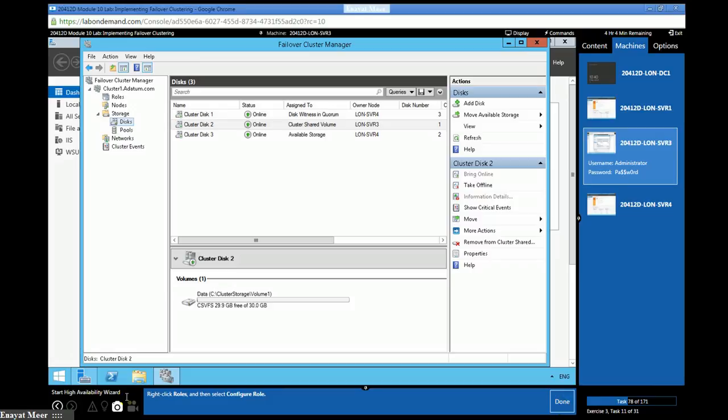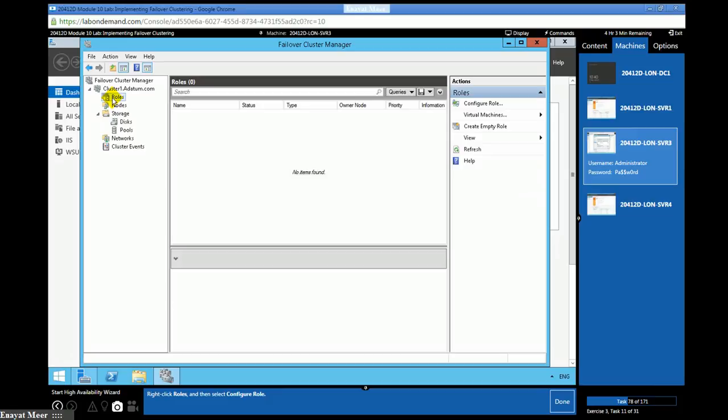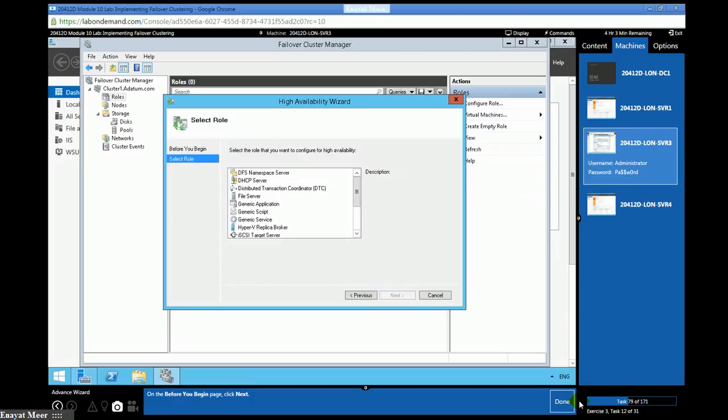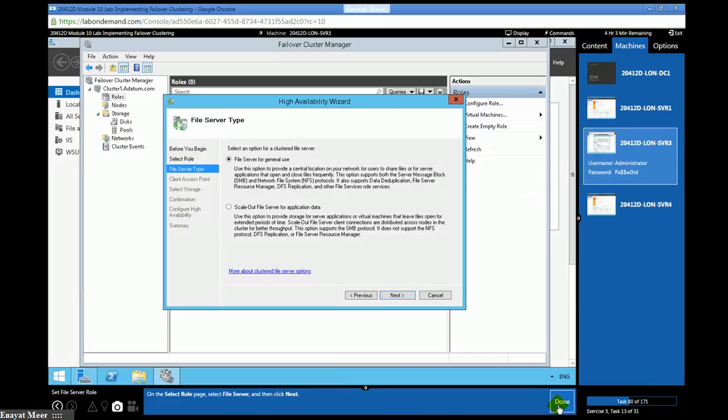So we are going to configure roles. You're going to configure file server for server 3. It is for general use.